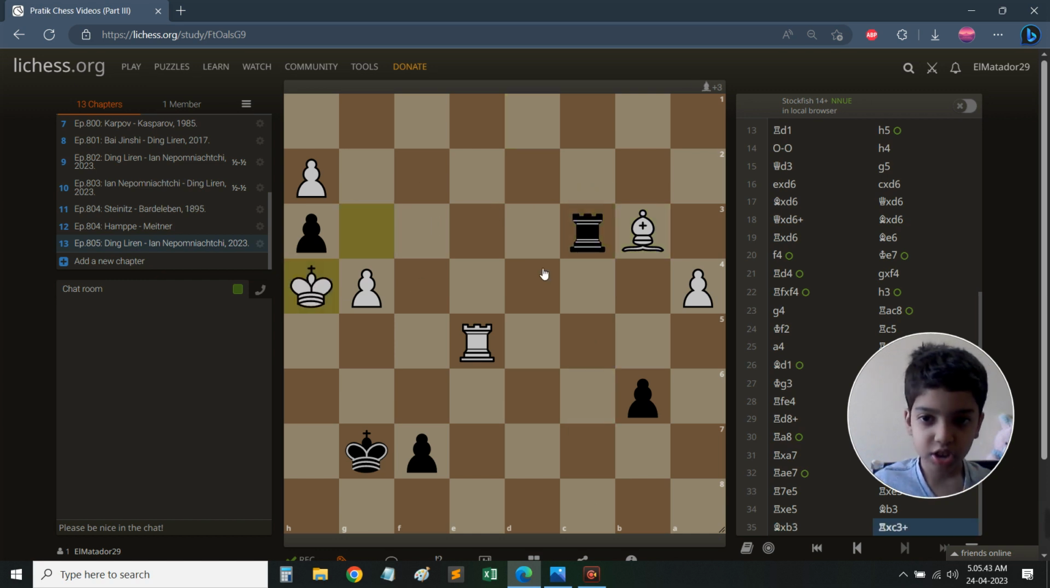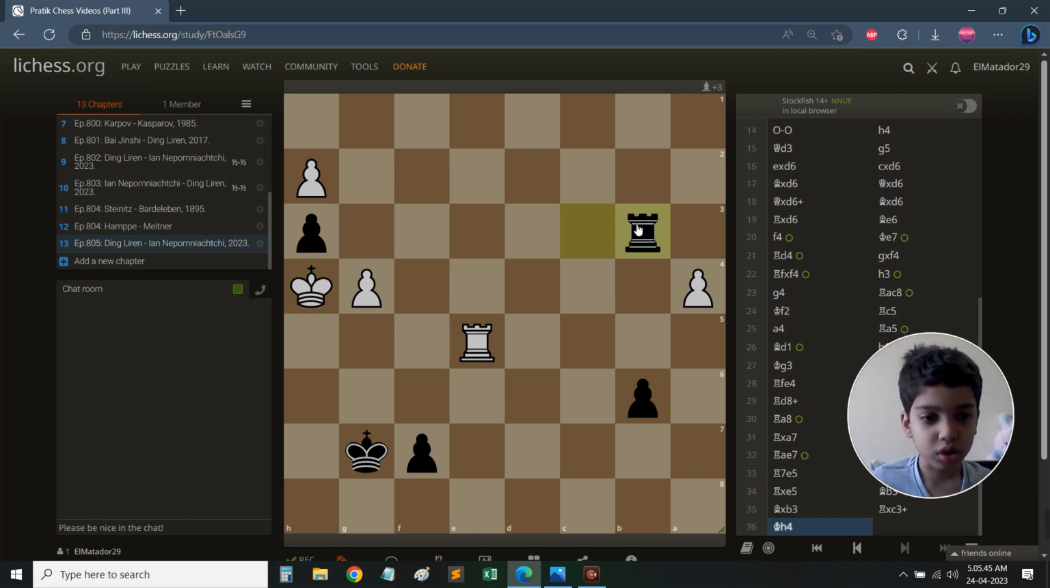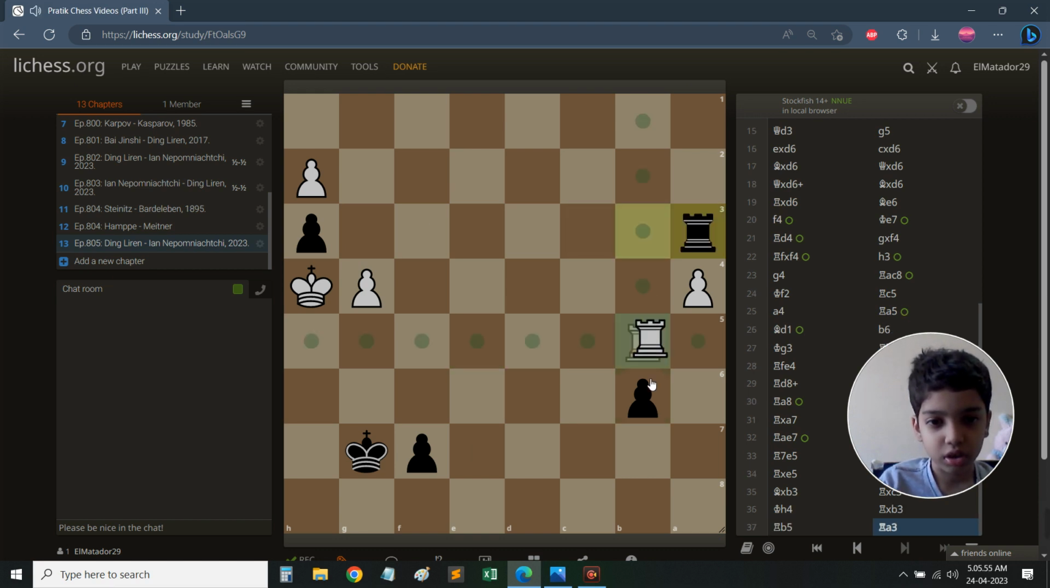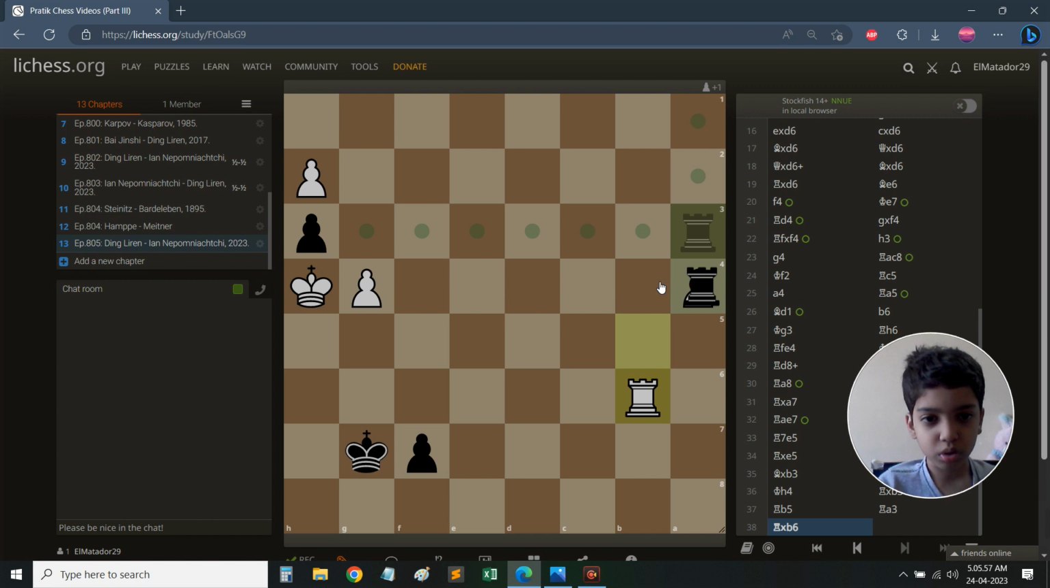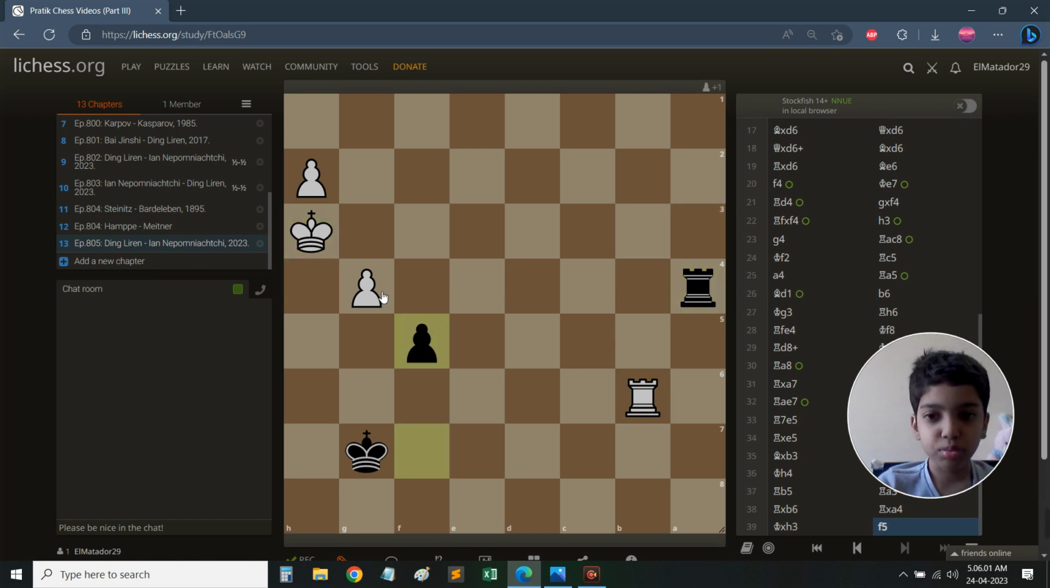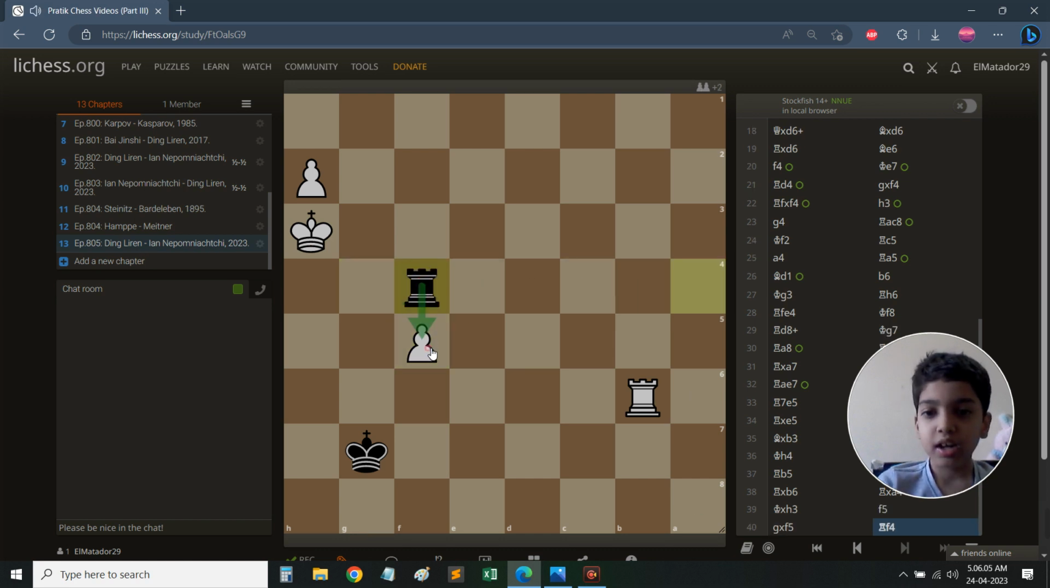Rook into c3 check, king h4, rook into b3, and now transposing into an equivalent game, rook b4, rook into a4, which is under theoretical territory. So rook b5, rook a3, rook into b6, rook into a4, king into g3, f5, nice move. The idea is that after g into f5 to play rook to f4, attacking the pawn, and after rook to b5, king f6,